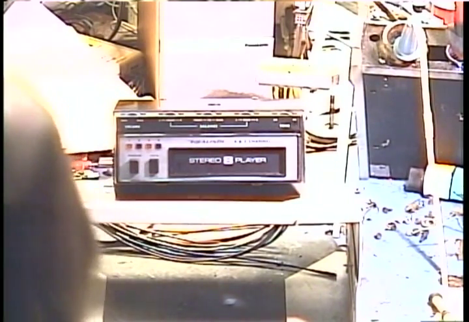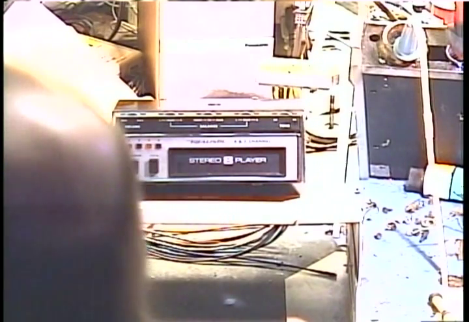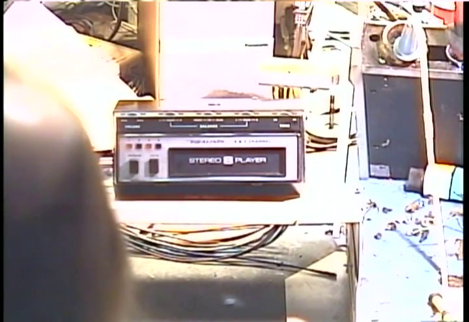It was sent to me because a unit this old is going to need a new belt, minimum. Even if it's never been played, that belt has been sitting in the same position for 20, 30 years, and it is frozen in that position, and so it's going to produce a little blip every time the pulley